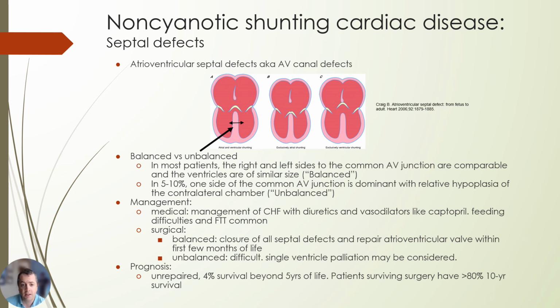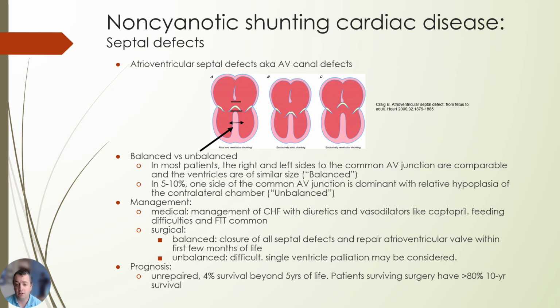Other septal defects: atrioventricular septal defects, aka AV canal defects. And here's a picture of some of those. You can see that the position of the septal defect affects how much blood is shunted through the atria versus the ventricles. Additionally, the position of the common AV junction can determine if this is a balanced or unbalanced